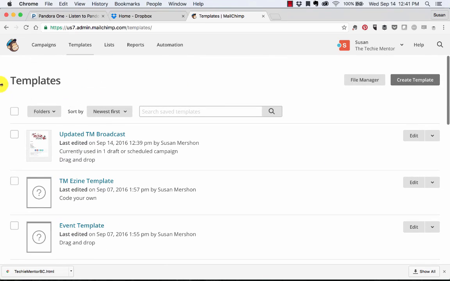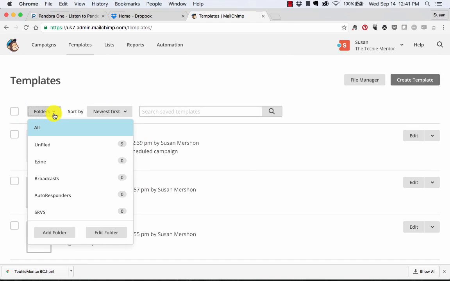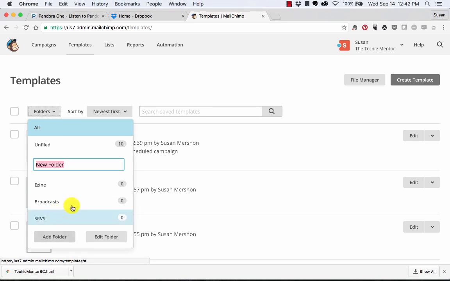Now, I showed you how to delete. So again, if you click the buttons here, you have the option to delete, and you also have the option to move. So that's all the different things you can do. Now you can create folders. If you hit the drop down where it says folders, you'll see that there are several different folders in here. You can edit any one of these folders by hitting edit, and then you could basically hit the little minus sign and it gets rid of the folder. Okay, but this is a great way to organize and group like templates, especially if you have a ton of them in there. So I can just go down and hit add folder,